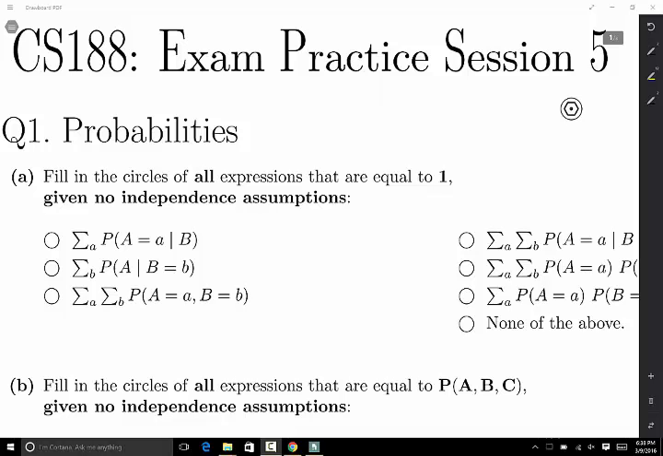Everyone. Today we're going over the exam practice session number 5. The first question is about probabilities. So there are a bunch of problems that ask you to manipulate the rules of probability that you've learned in